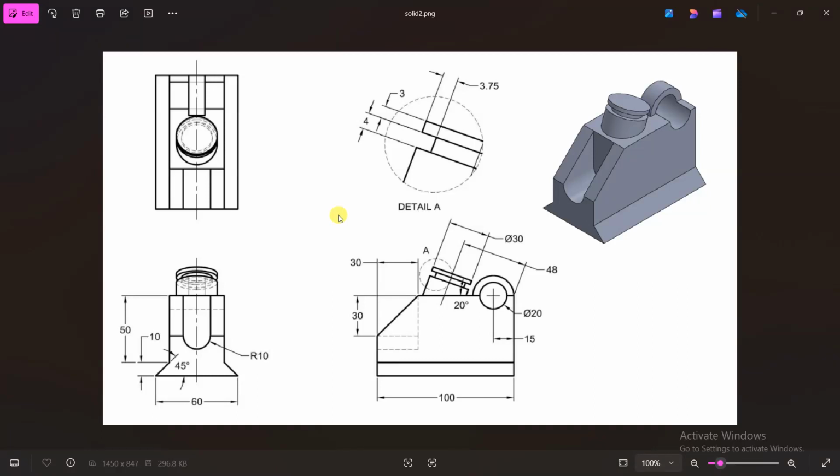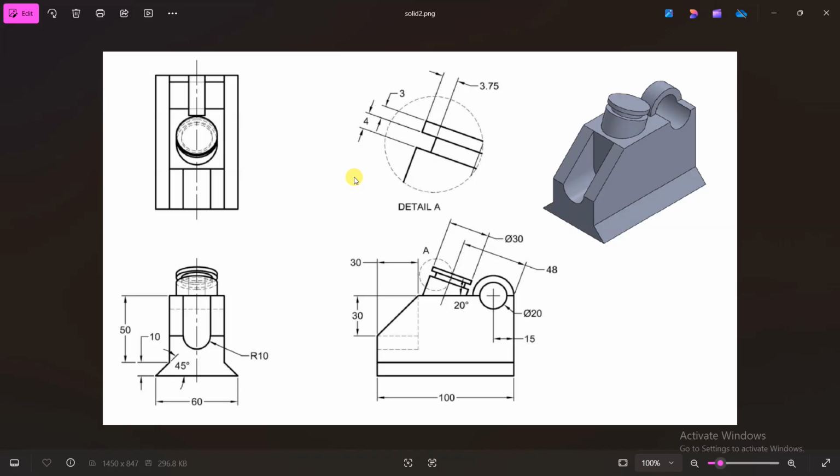This is Umesh and today we will create this solid model, and here we have a few views. If you see, here we have one front view, this is the front side, so this is the front view, and one is the side view and one is the top view, this is the top view. If you are considering this top, then it is the front and this will be the side view.